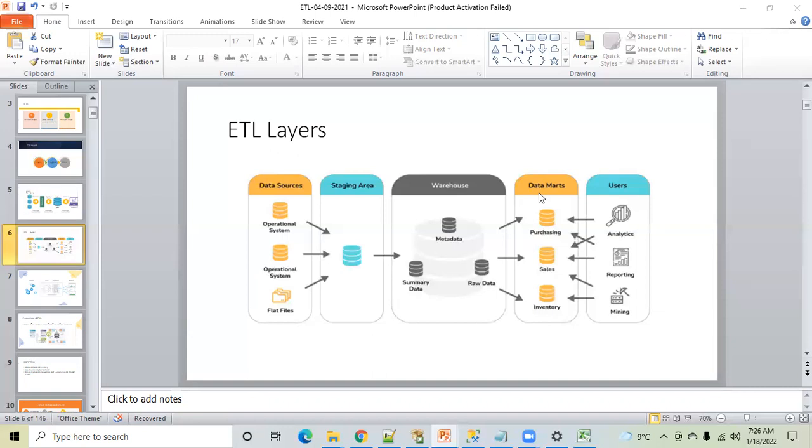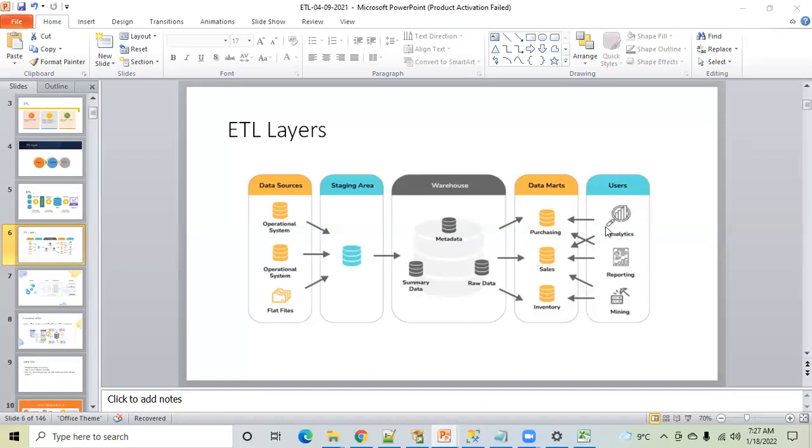Yes. So in a data warehouse, we have data from all the sources, from each and every department. Finally we are segregating it: purchase data will be in this data mart, sales in this data mart, inventory in this data mart. Why? Because finally we have to prepare a report on top of this. If we have a segregated data mart for each department, then we can directly hook to it and create a report.